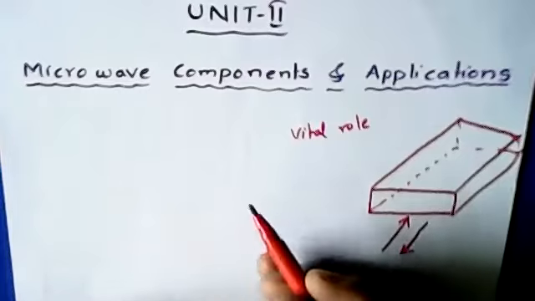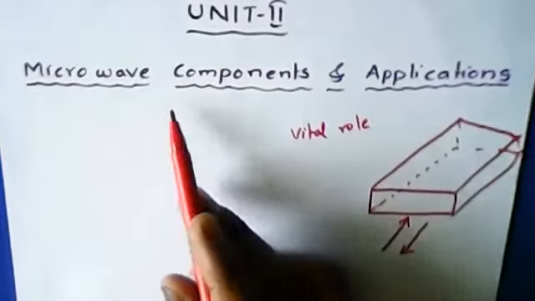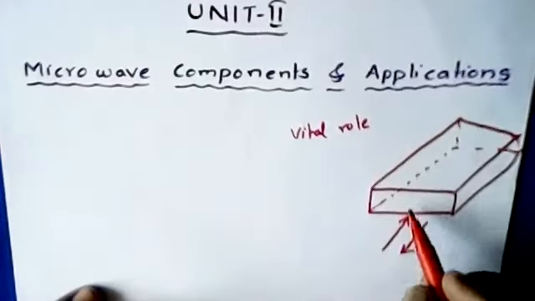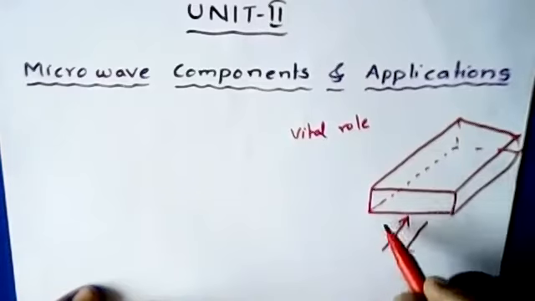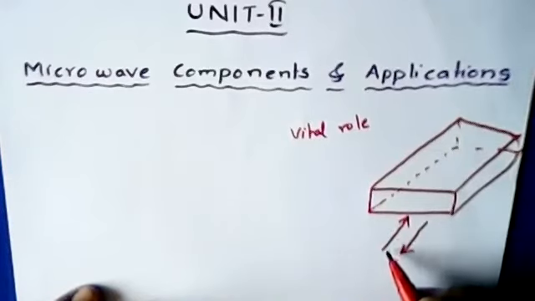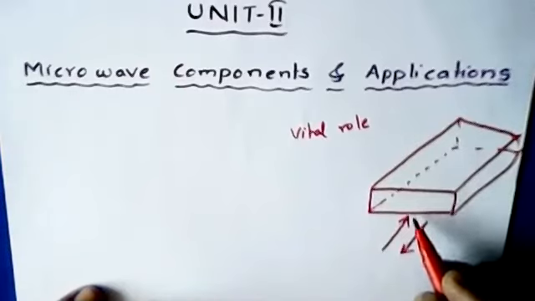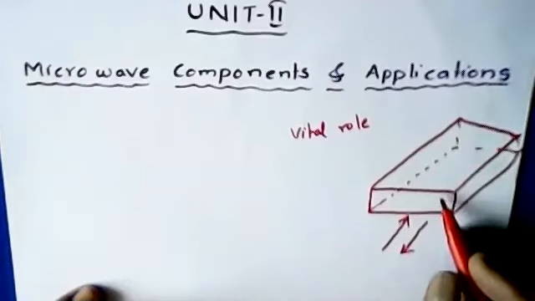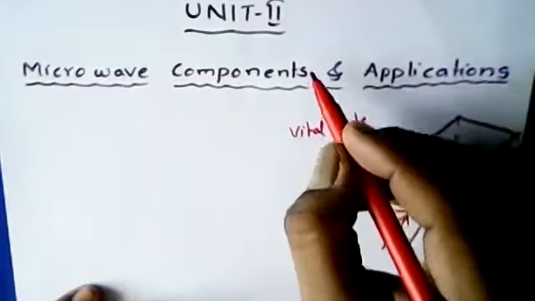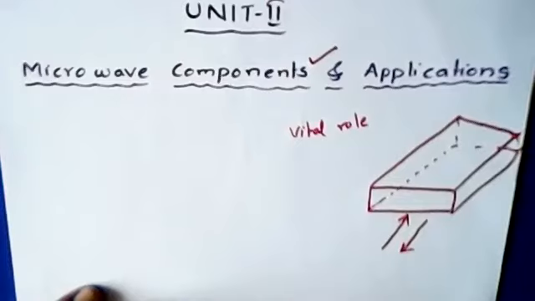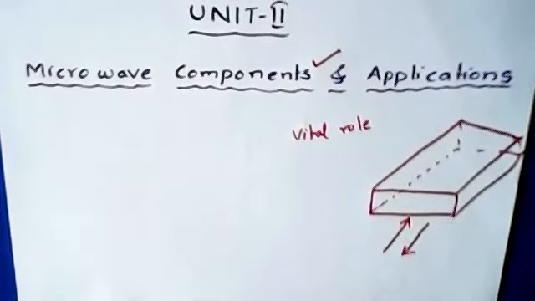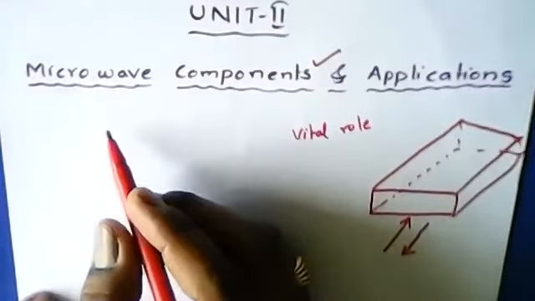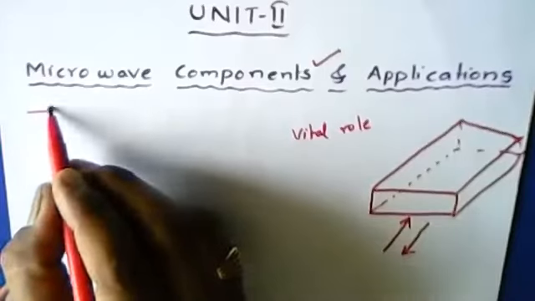So these are the microwave components. Their role in communication through the waveguide is that they can transmit signals through the waveguide, or they can receive signals from the waveguide. That is the functionality performed by microwave components. We have different types of microwave components according to the syllabus, so let me give a few details.